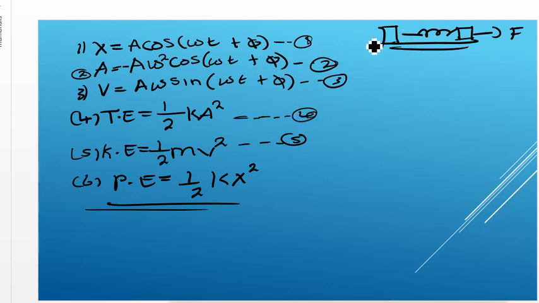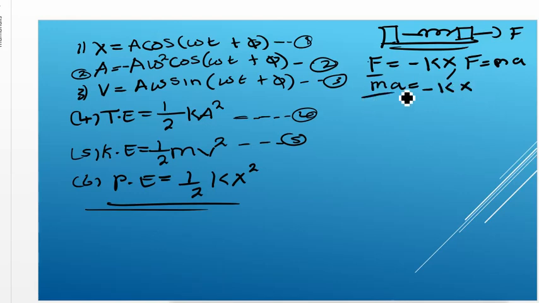I think I showed you how to come up with the formula for the acceleration under simple harmonic motion. We know that Hooke's law is simply F equals negative kx, and the force itself is just ma. So I can replace F with ma so that I have ma equals negative kx. Then if you cancel everything over m,